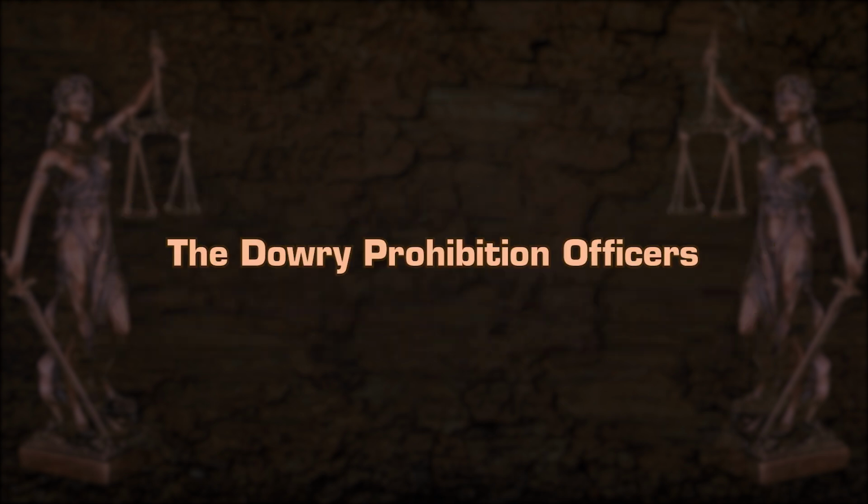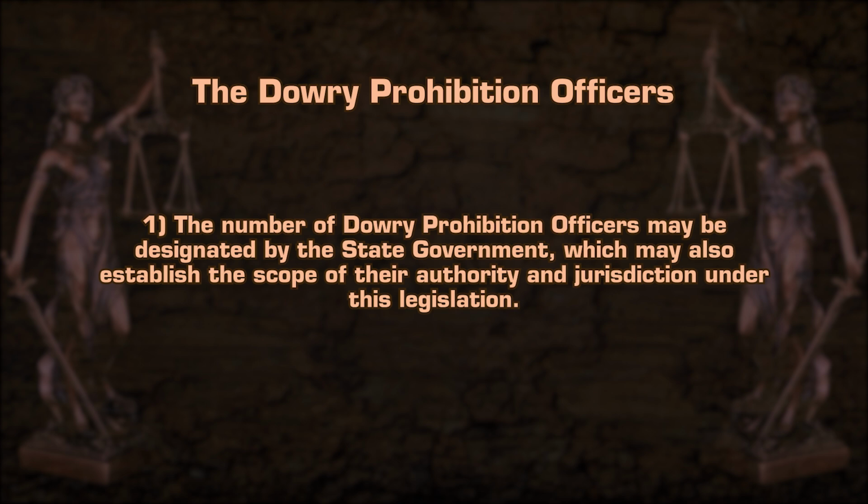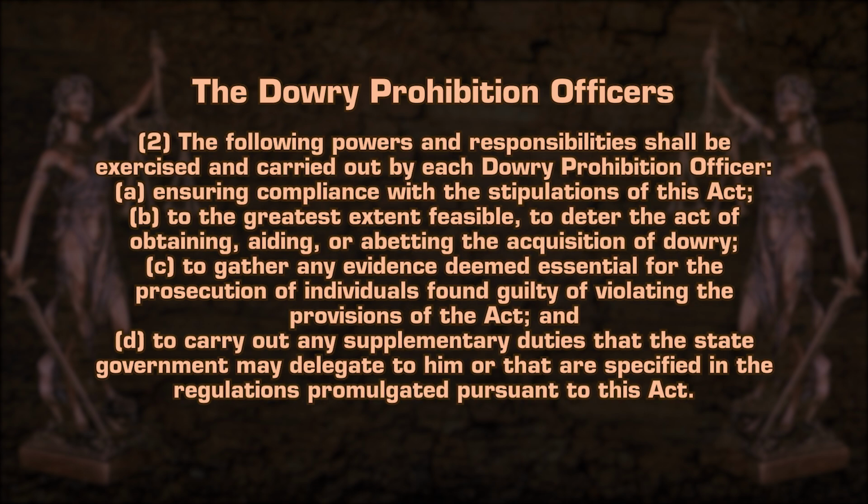Next is the dowry prohibition officers. The number of dowry prohibition officers may be designated by the state government, which may also establish the scope of authority and jurisdiction under this legislation. The following parts and responsibilities shall be exercised and carried out by each dowry prohibition officer: ensuring compliance with the